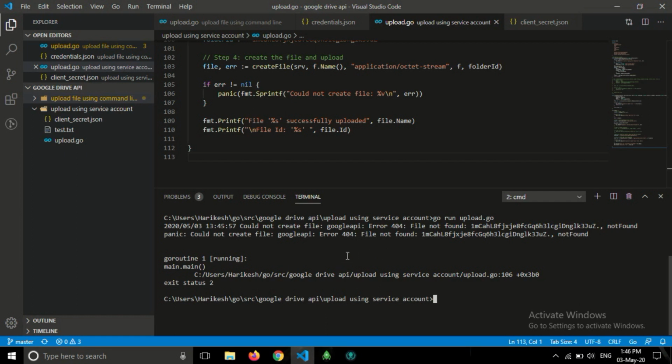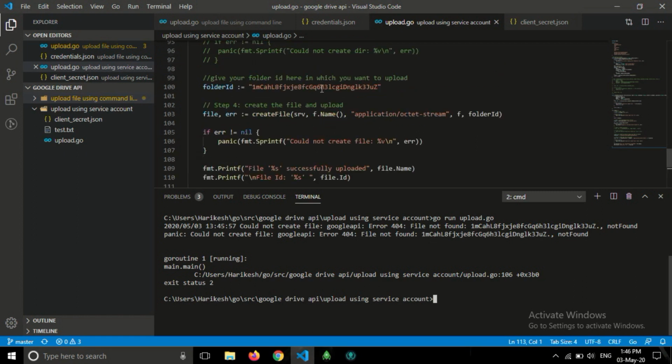Here an error occurred because we have given this folder and it is not getting this folder. When we use the service account, it will not upload to our personal account. It gives us a new email ID and creates a new account and uploads to that account.